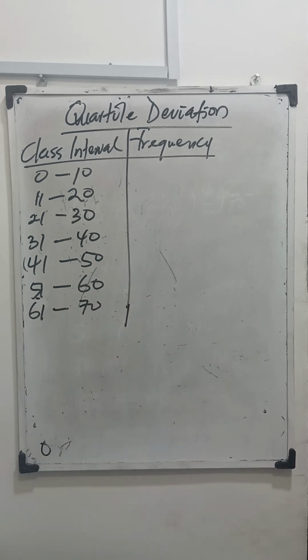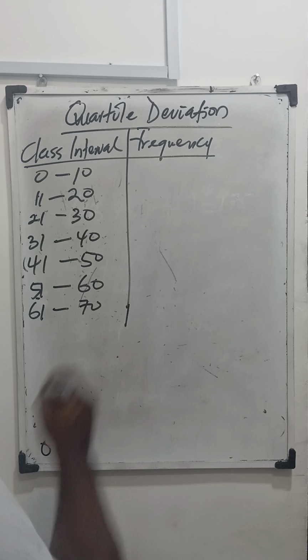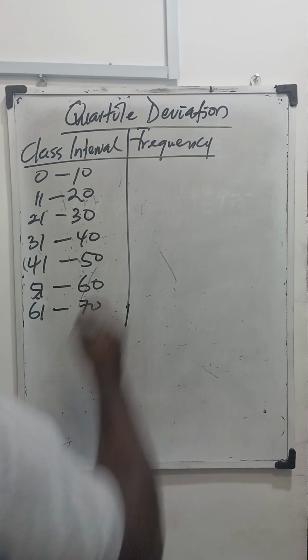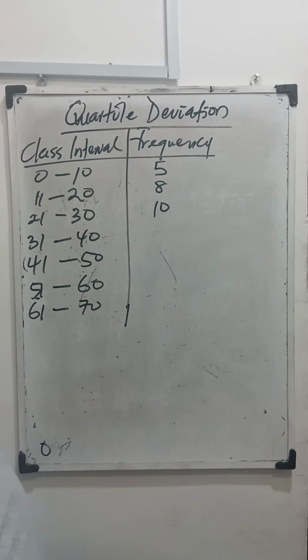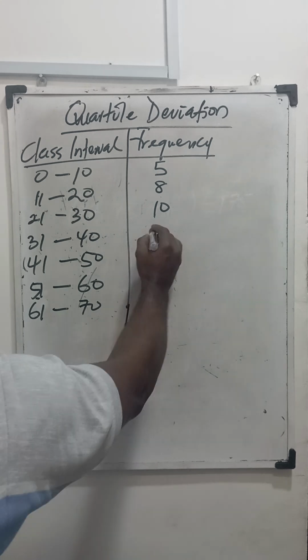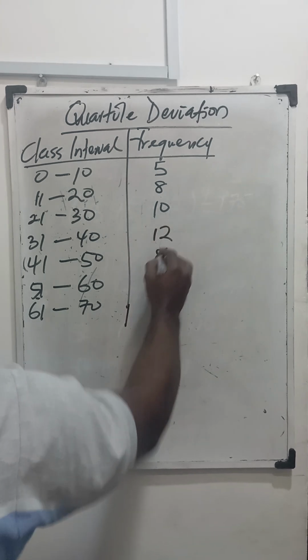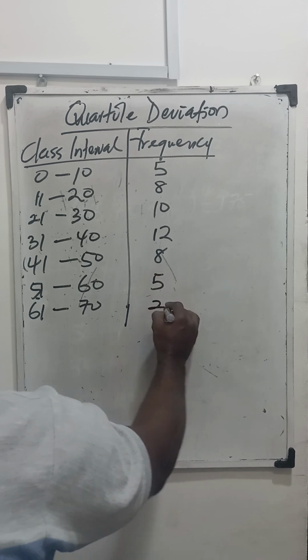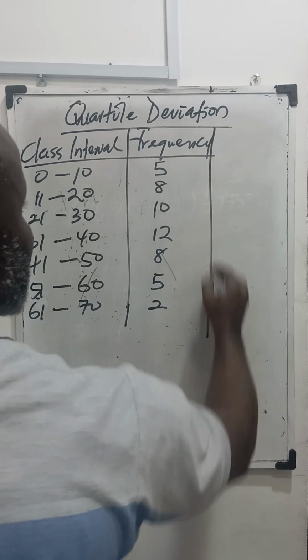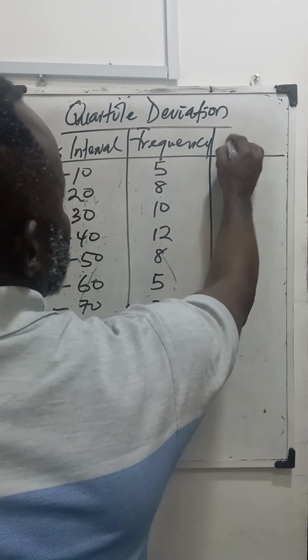Then we have 5, 8, 10, 12, 8 for the frequency, 5, and then 2. Remember, we can decide to craft out the cumulative